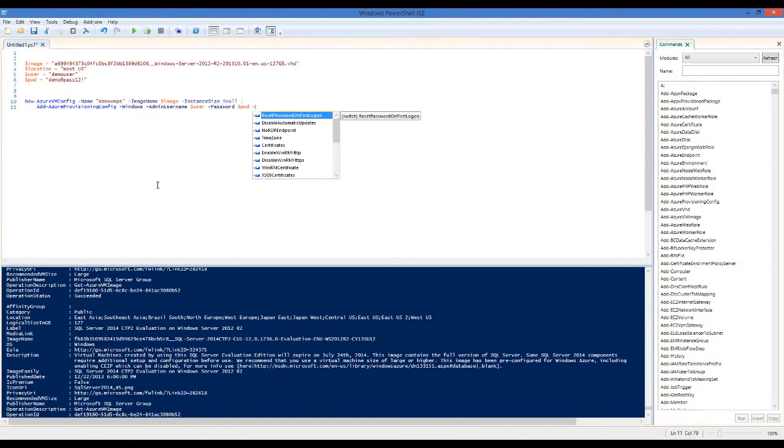There's also a couple of other interesting parameters here. I can tell it to reset password on first login. I can disable automatic updates, tell it not to create an RDP endpoint, set the time zone. I can deploy certificates. I can have multiple settings for disabling and enabling remote PowerShell, and I can tell it not to export the private key of any certificates that I want to specify. So there's a lot of advanced things you can do here that we'll talk about in a little more detail